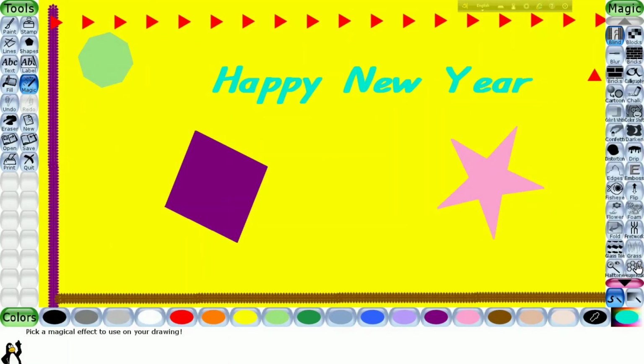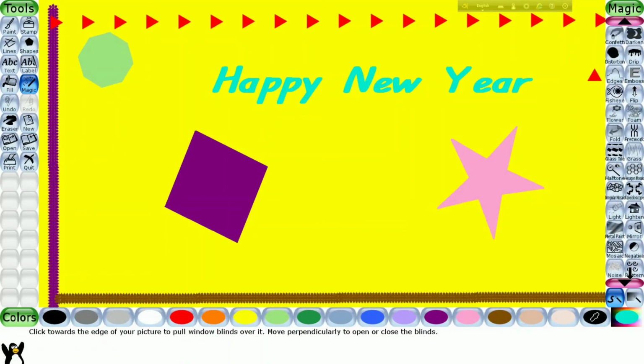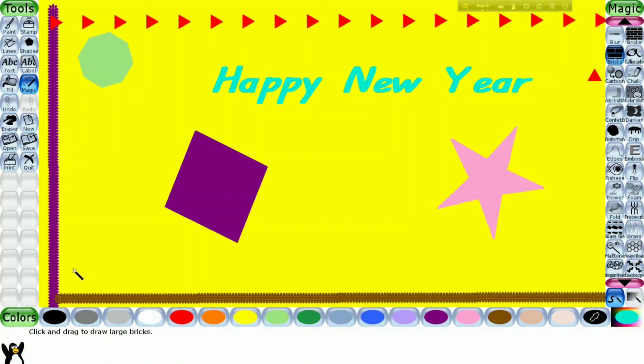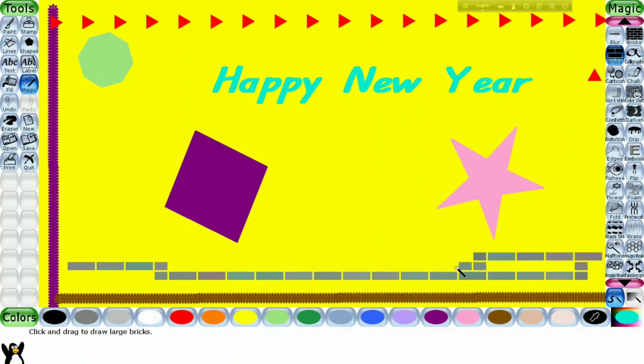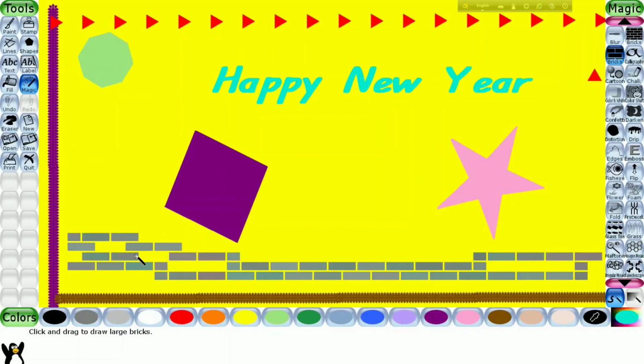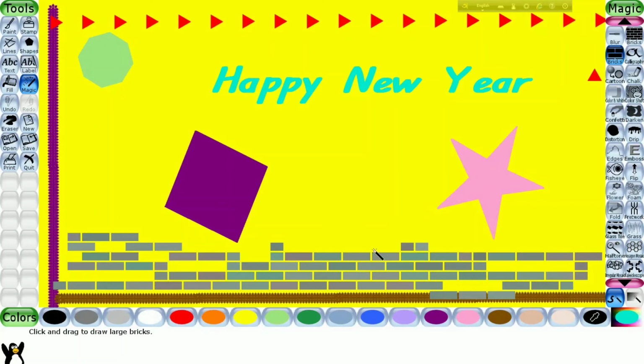Now you can go to magic option, then you can make a few more designs here of your wish. You can see the brick option, so I will make some brick as a design. This brick option makes bricks on the wallpaper. You can undo also. I'm showing you how to undo. See, the bricks are on my line, so I will do an undo, and I can do redo also.